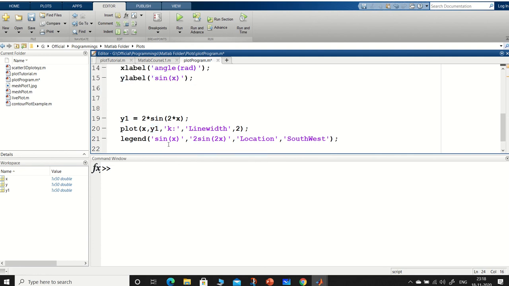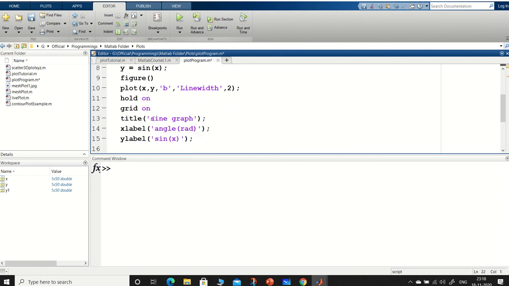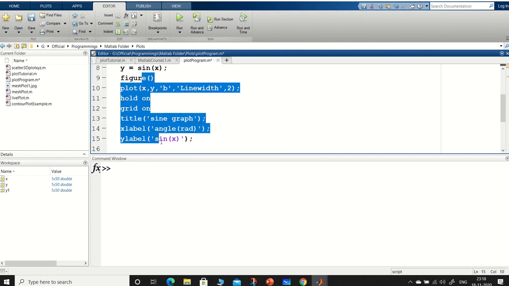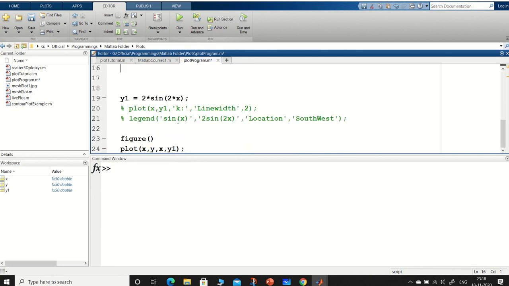Okay, so I'll just remove these things for now, and y equal to sine x and y1 equal to 2 sine 2x will get plotted here like this. So what we have to do is, x1 coordinate, y1 coordinate, then x2 coordinate, y2 coordinate, like that we have to put. So this is another method to plot multiple graphs in the same figure.